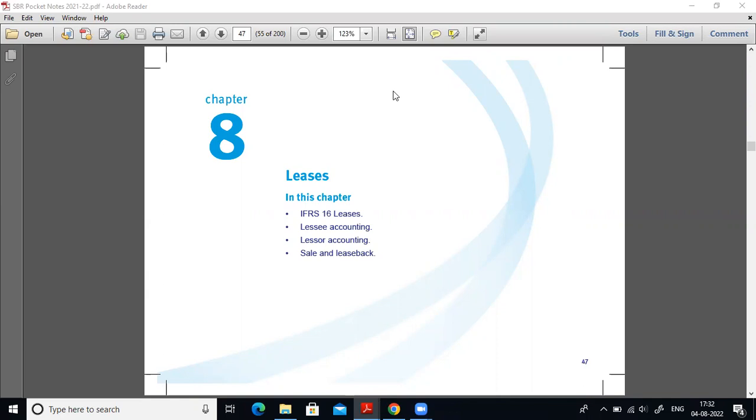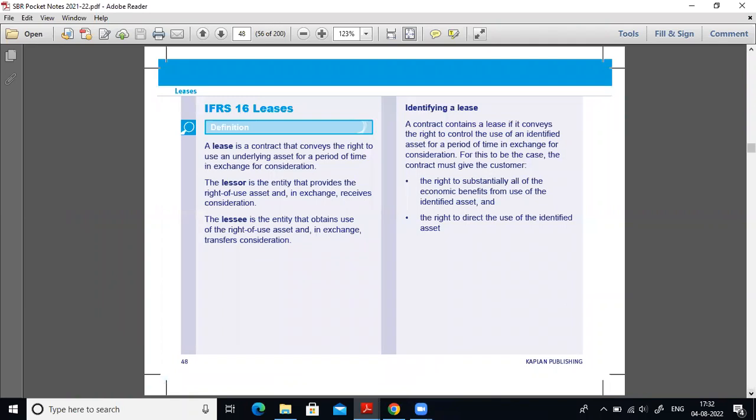Yeah. So as I said in my last session, we'll be discussing these leases. Yesterday we had some conceptual discussion on this, about the controlling right part. Now, normally the main difference between lease and rent is, in case of lease, the controlling right will be transferred from the lessor to the lessee, but there will not be any transfer of controlling right in case of rent.